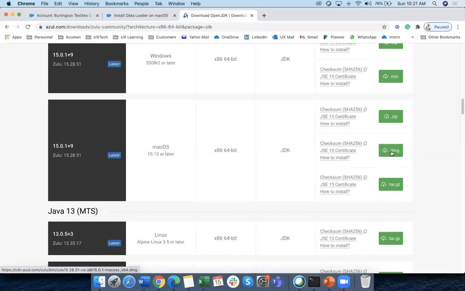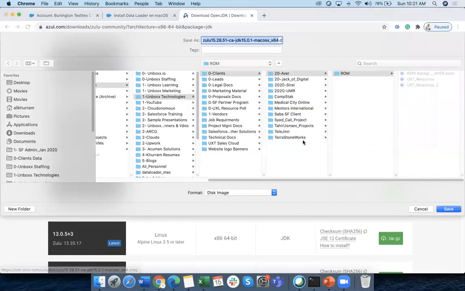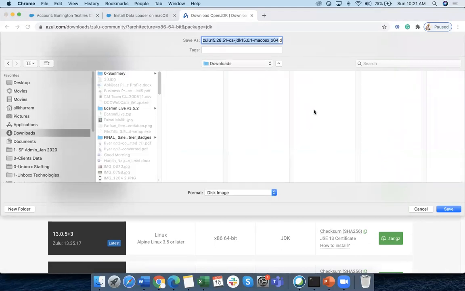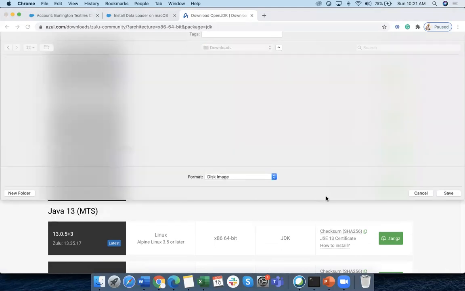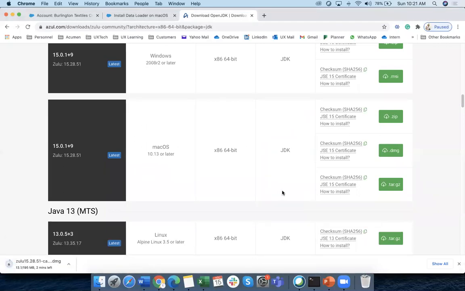So you come over here, just download that, and store it wherever you want. I can just do it in my download folder. Just download it. So that's the first step of two downloads. We are right now downloading. My internet connection is playing up, but